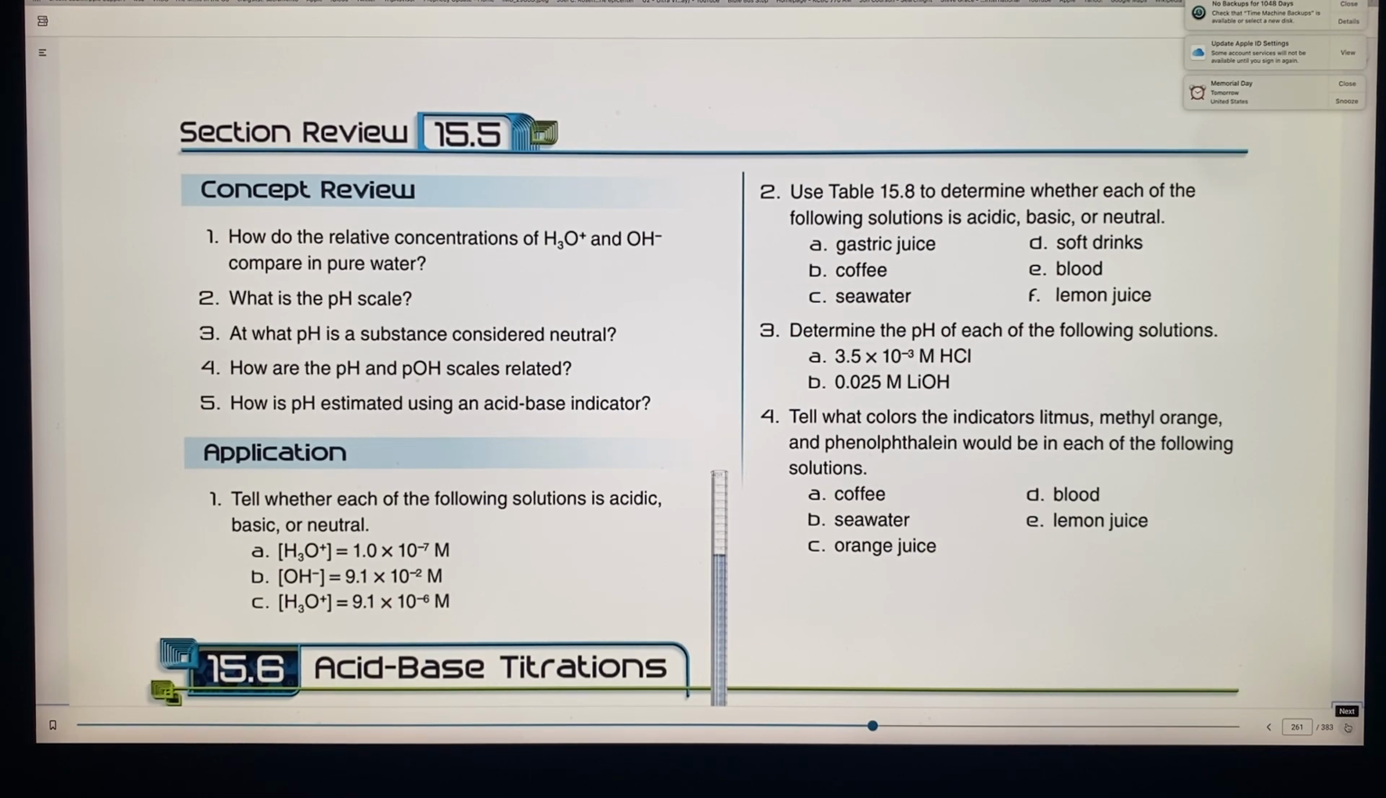So should we look at these and see if we can just look and see? Well, we see right here. Let's look at the 10 to the negative 7th. You're going to know that it's going to be neutral because 7, that number is neutral. And here's 10 to the negative 2, 9.1 times 10 to the negative 2. I always think of that negative 2, then it's going to be